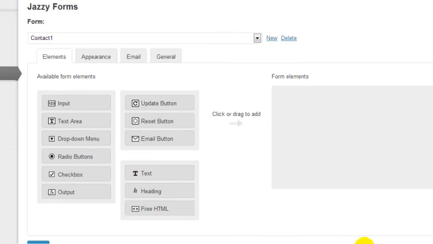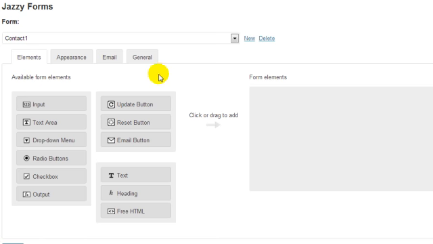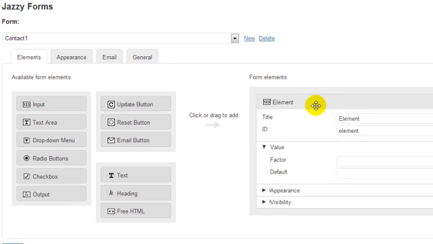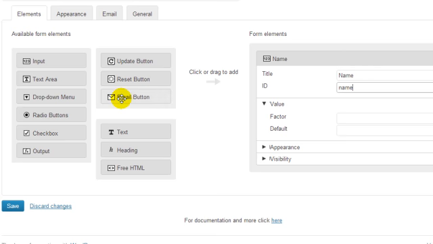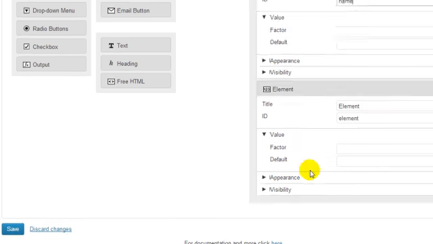And as you can see here, this is a drag and drop system. So all you have to do is drag and drop it over here. And whatever is over here is going to appear on your form. So let's say, for example, that all I need is a name, an email, and a description. So I'm going to put input area. Let's say we're going to put a name here, and I'm going to call it name. ID, I'd put the same thing. And we're going to put the email. So input text. Put another input. Call it email,